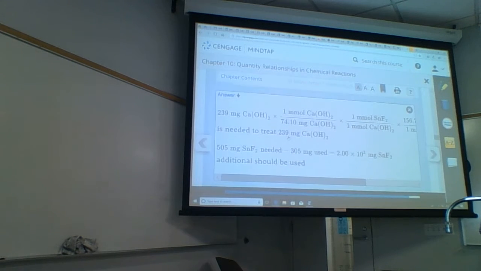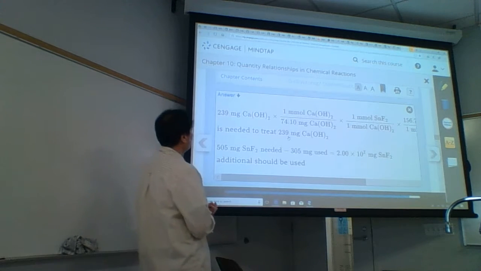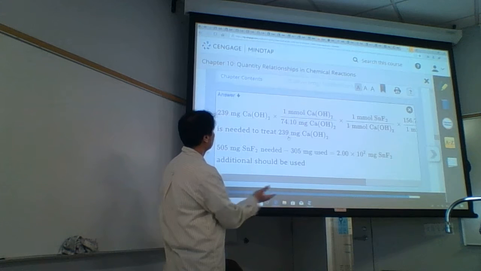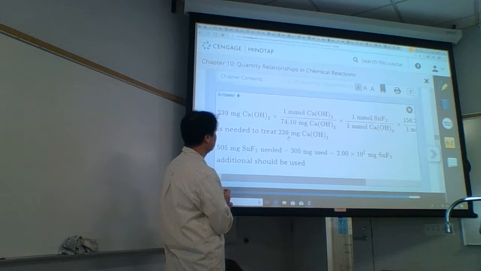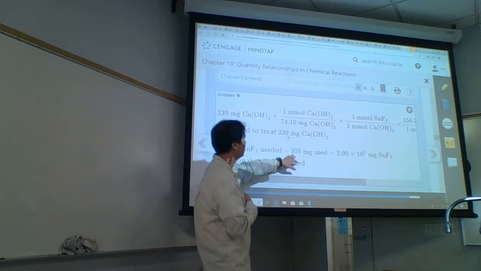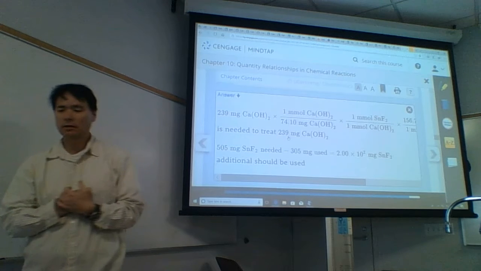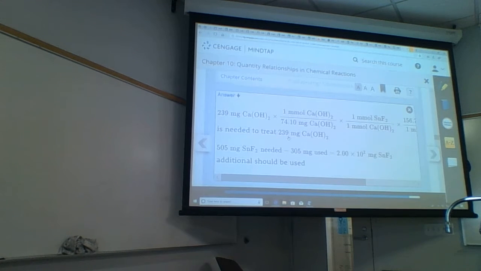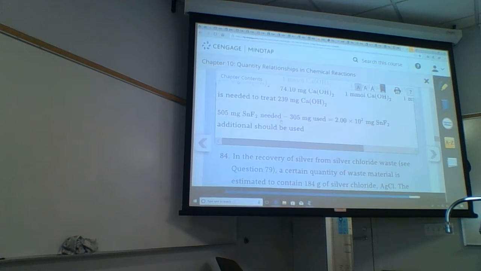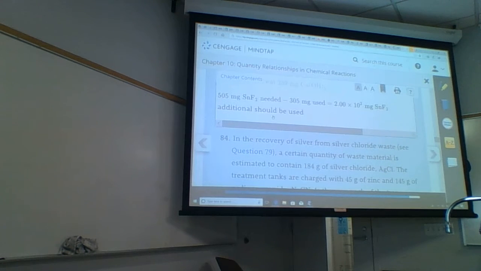The book used a different method, called the comparison of moles method, which we talked about. I wouldn't have done it like this. I would have calculated the yield from 239 milligrams of calcium hydroxide, and the yield from the milligrams of this stannous fluoride, and then done it that way. But this is an alternate method, comparison of moles. It's actually comparison of amounts because it's comparing milligrams here. So there's not enough tin 2 fluoride to protect the